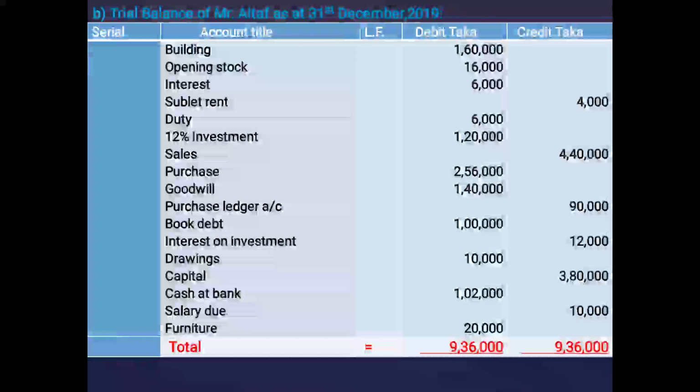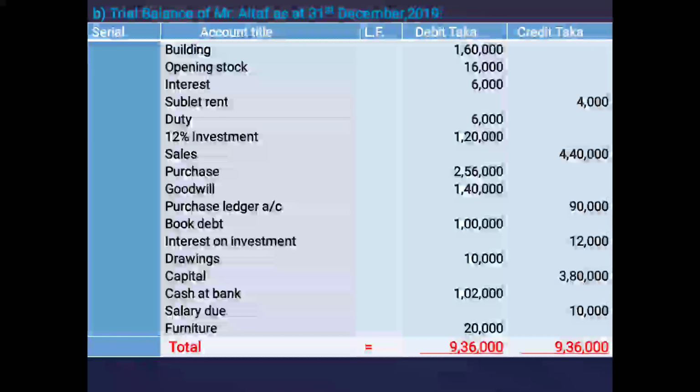Purchase is shown as an all-time debit balance because it is revenue expenditure. All expenses are debit. From the rules and procedure of preparing a trial balance, all expenses are debit, so purchase is written on the debit side for taka 2,56,000